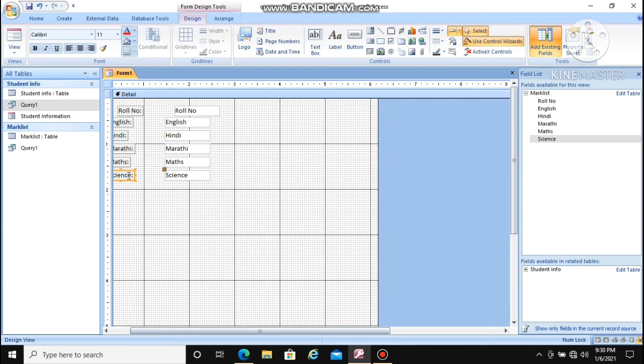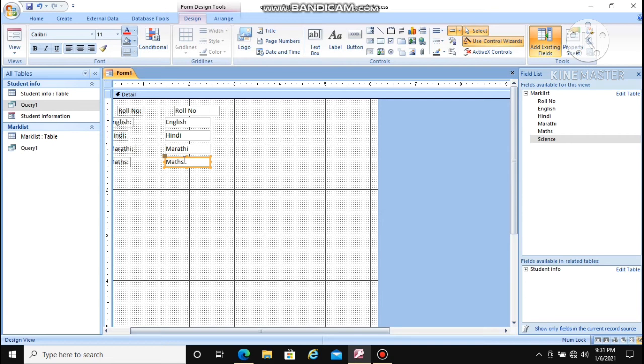Okay, delete that particular field we have entered, just select and delete it. You just have to select that particular field and then you can use the delete button from your keyboard, you can delete it. Okay, now we have seen how to add the fields in your form design view.